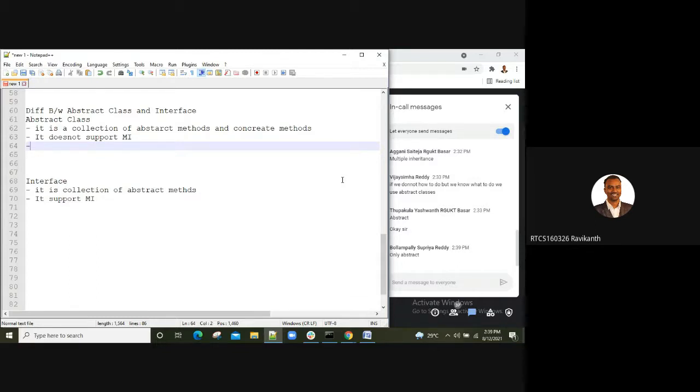Very simple. An abstract class is preceded by the abstract keyword. When you write class, in front you'll be writing the abstract keyword, right?